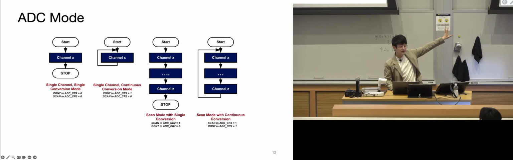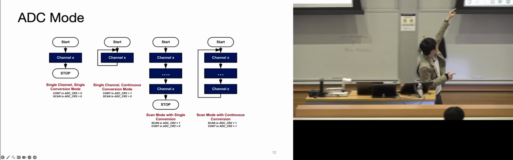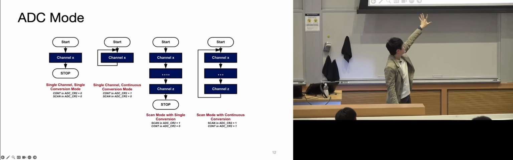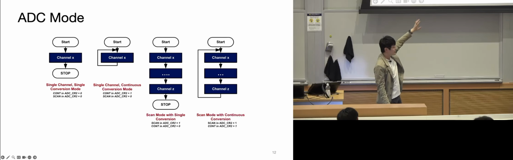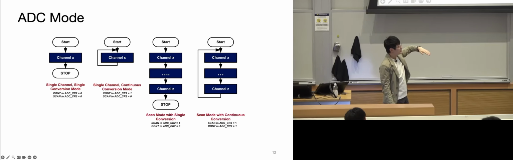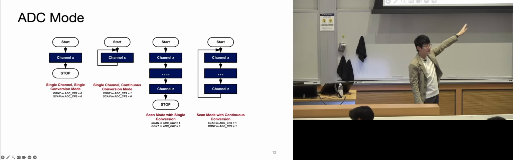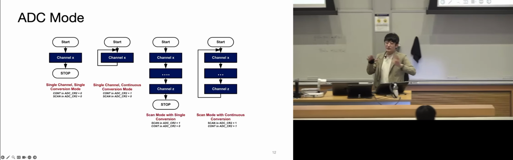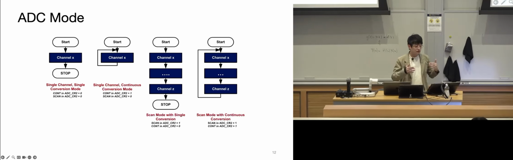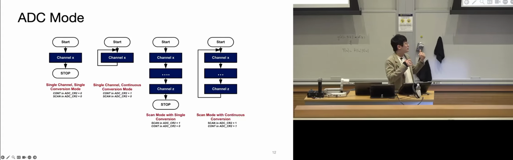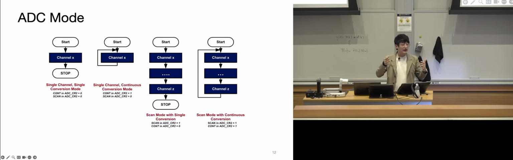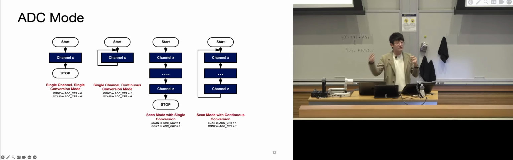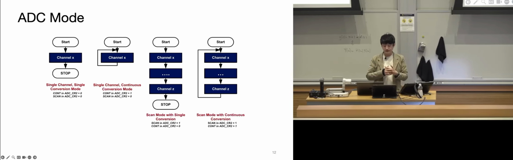In ADC, we have different modes. If we only look at whether it's a single start and stop, or start and then loop, largely speaking we have one single sampling, and then we also have a scan mode, which basically means you are continuously sampling. The continuous sampling ones will usually be the regular channel. Whenever there is a higher priority, an interrupt, or sensor readings that need to happen at a very specific time, that's when the injected channel comes in.